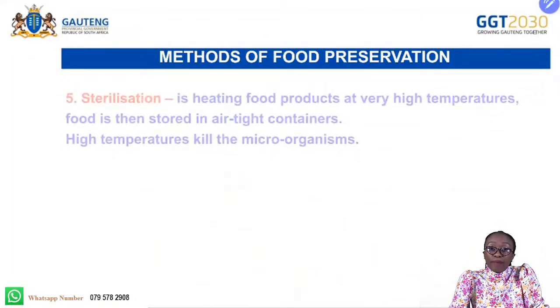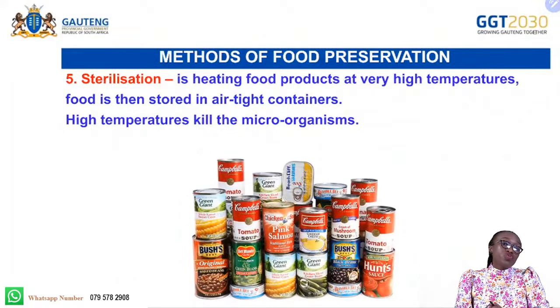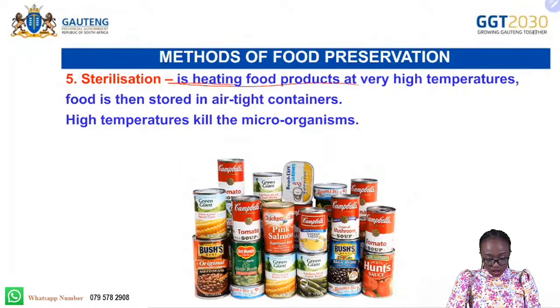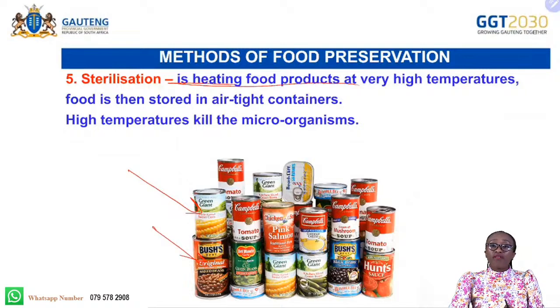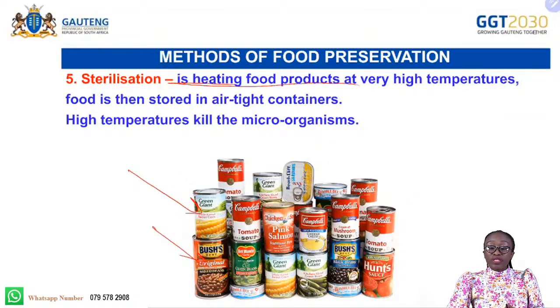And then method number 5. Method number 5 is sterilization. So what happens during sterilization? Food products are heated at very high temperatures, and then the food is stored in airtight containers, which are food cans. I'm sure you've seen food cans. They have fruits, beans, meat in the tin cans, they also have corn, and they also have fish. So we've got different types of vegetables and meats that can be preserved using this method of sterilization,